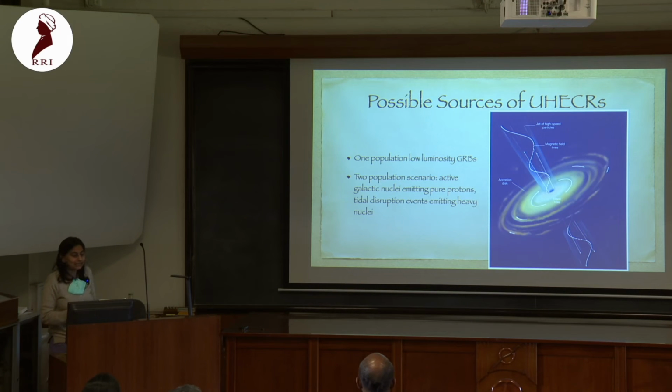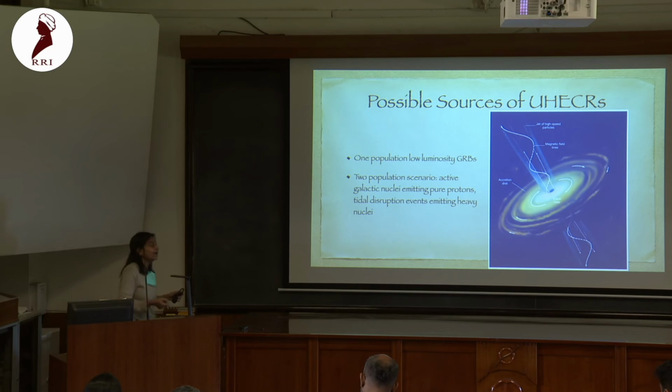Basically, suppose we think that there is only one population of sources. This is a result of a study: if we start with one population, then low luminosity GRBs can explain the ultra-high energy cosmic ray emission. If we think there are two populations of sources, then active galactic nuclei emitting pure protons and tidal disruption events emitting heavy nuclei can. Basically, what is seen is that at the highest energy,